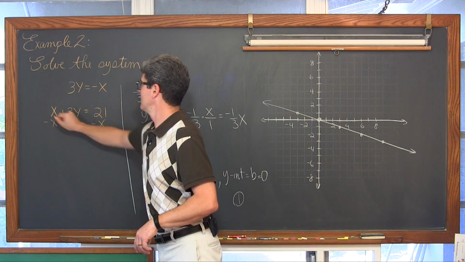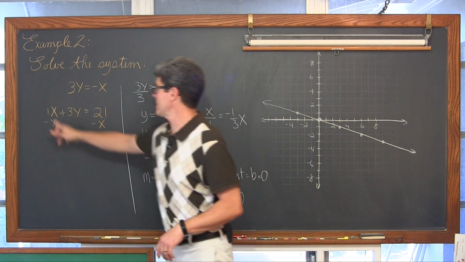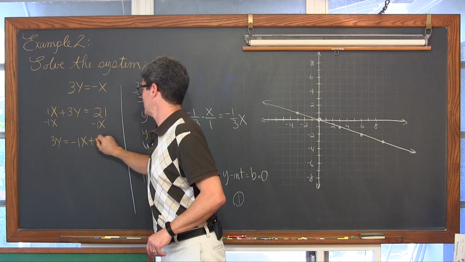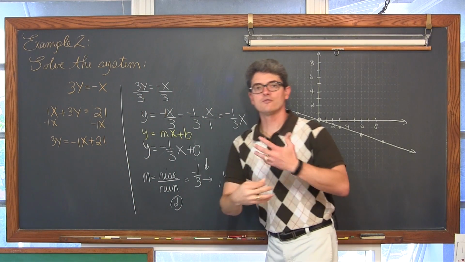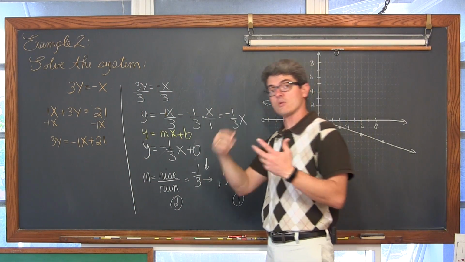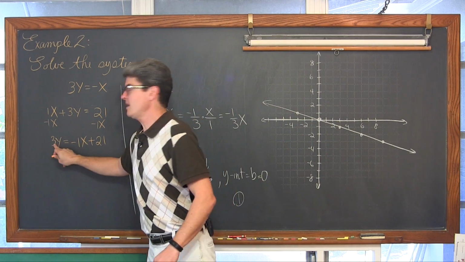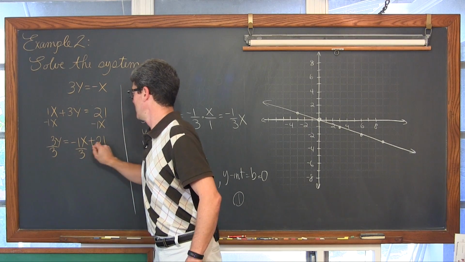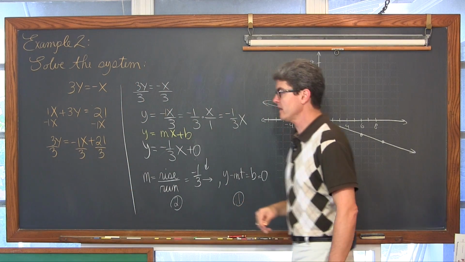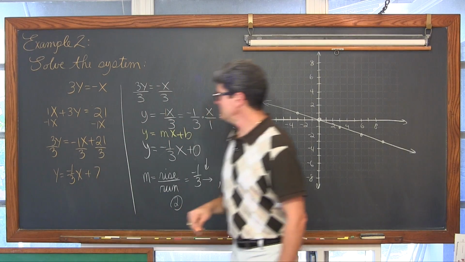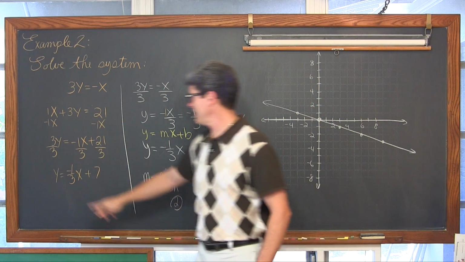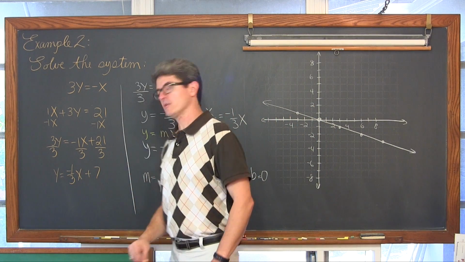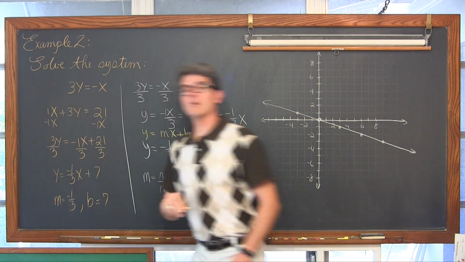So we're going to subtract both sides by 1x to undo that positive 1x. No reason to write that coefficient of 1 unless it just helps you flow through the algebra and get answers correct more often. We have a multiplication of 3 with the y on the left-hand side of the equation. We're going to cancel that multiplication of 3 by dividing everything by 3. We have a slope, again, of negative 1/3 and a y-intercept of 7.